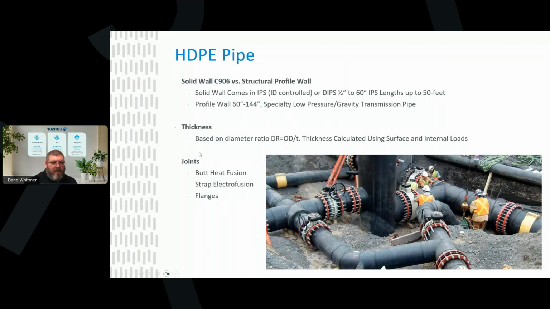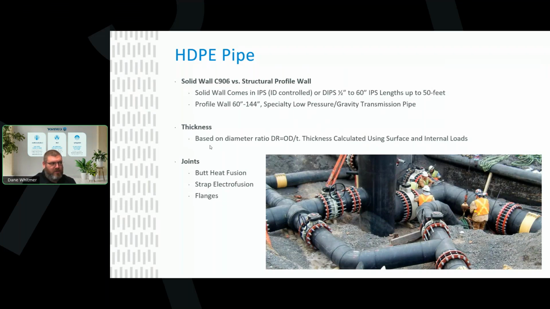It does become a little bit of a hectic run to figure out the pipe thicknesses. So again, using the pressure classes that they do, you can have it in iron pipe size versus ductile iron pipe size, but that's how things are controlled on the OD. So even though it says it's 30-inch ductile iron pipe size, because of the strength of HDPE, you have to have a much thicker wall to it.